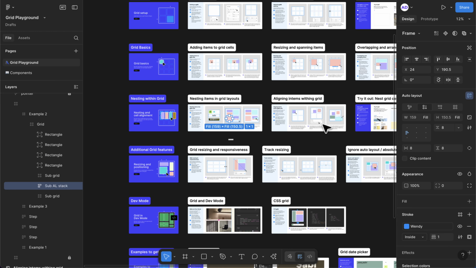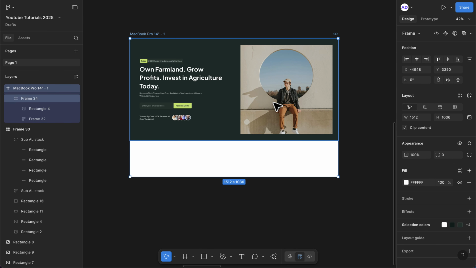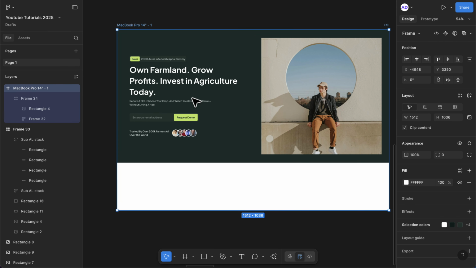In this video, I'm going to be showing you how to use the Figma grid, not just how to use it. We're going to look at some of the default properties and behaviors of a grid. And at the end of this tutorial, we're going to be using the same grid system to create a simple